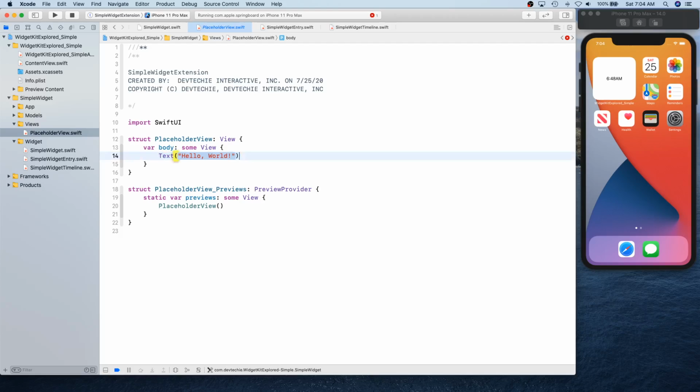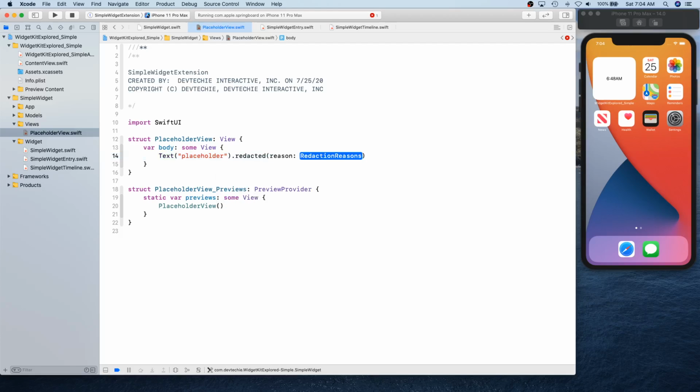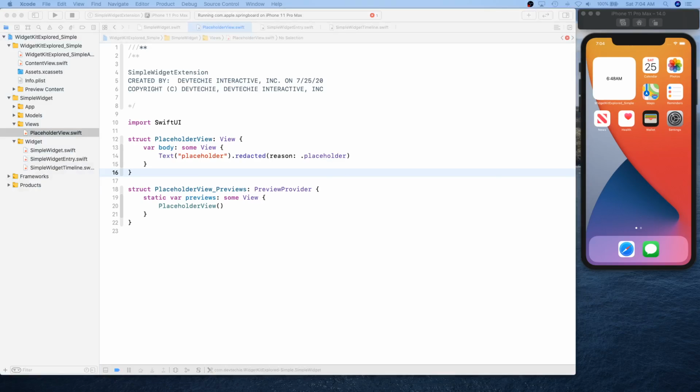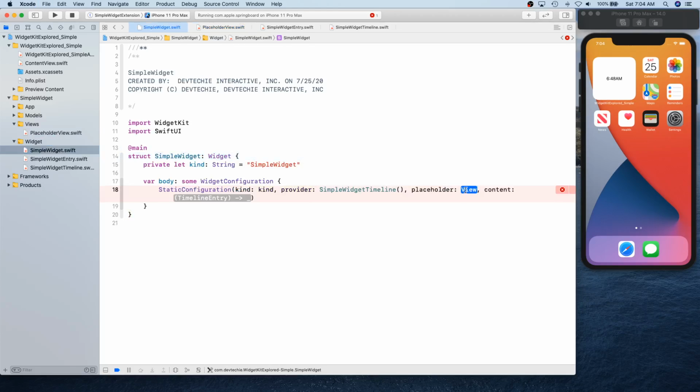Here we are simply going to say some placeholder, just say placeholder. And this is a new addition that Apple has added. It's called redacted, and redacted has this placeholder, so it's going to show a redacted line until your view loads. So if it's loading, it's going to show this redacted line for the placeholder. That's our placeholder, so let's go ahead and provide that placeholder view.